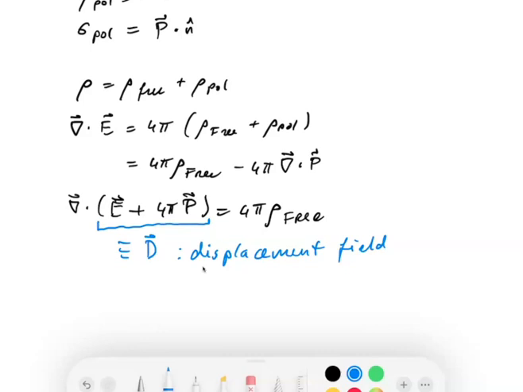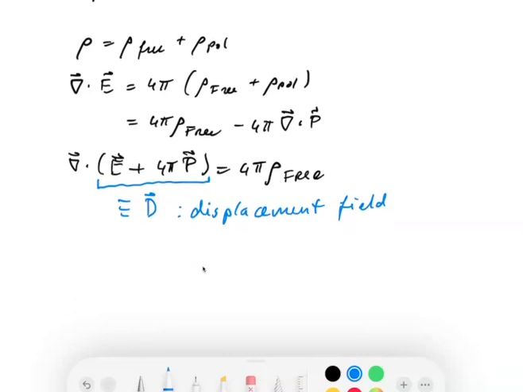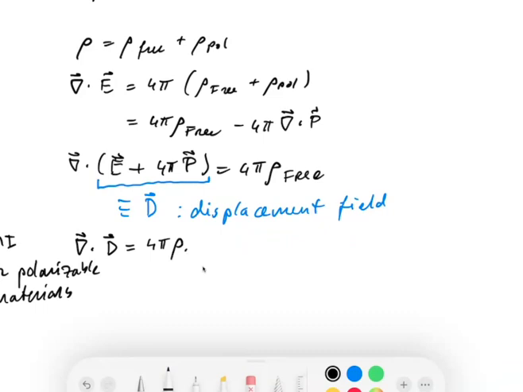Okay. And then we can just call this the new Maxwell's first equation. So Maxwell 1 for polarizable materials is just 4 pi rho free. Okay. Now for a